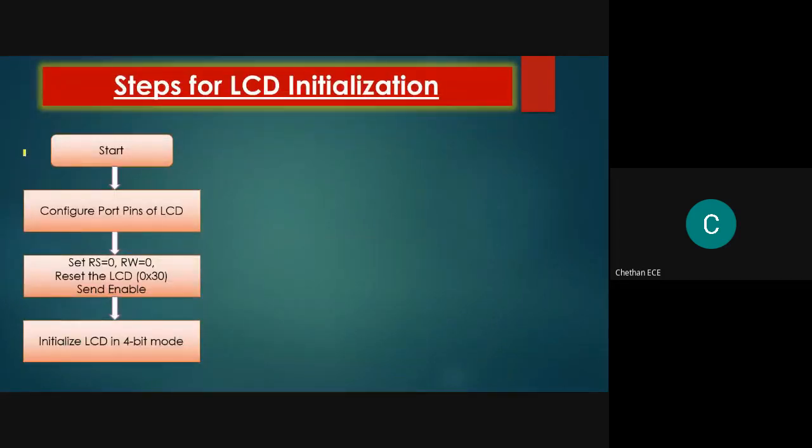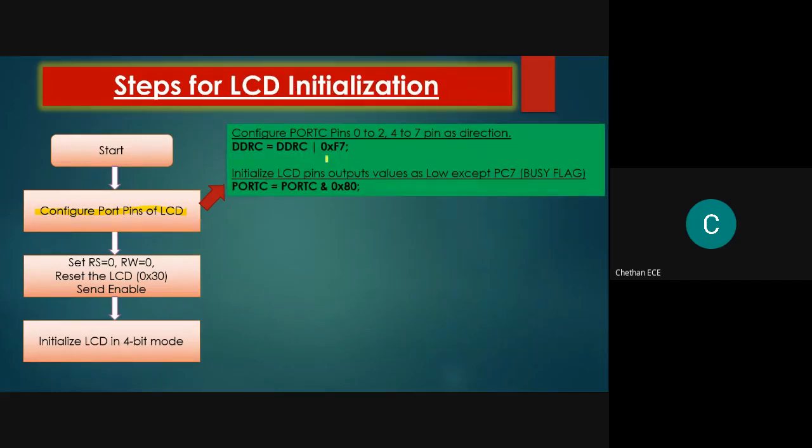This is the flow chart to understand the LCD operation easily. First step is we have to configure the port. How can we configure the port pins of the LCD? Just now I explained in the previous slide. We have to make all the pins of the LCD output pins. Except the busy pin, we have to turn off the other pins of the LCD to make sure that your data and command can be initialized in the next step. Therefore, the first step in every LCD program is to decide the direction and write the value to turn off the LCD. In the second step, we have to utilize the control signals RS and RW.